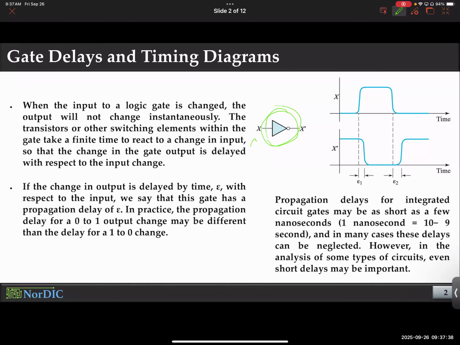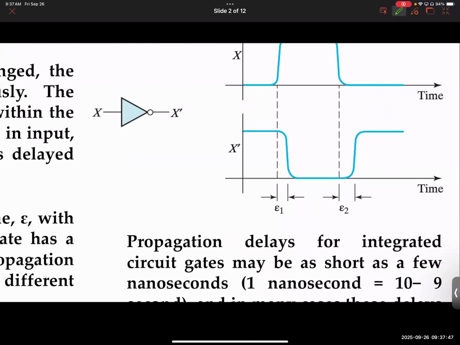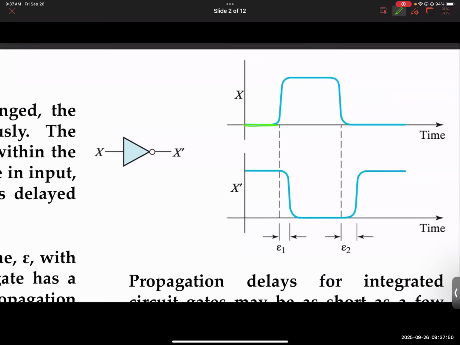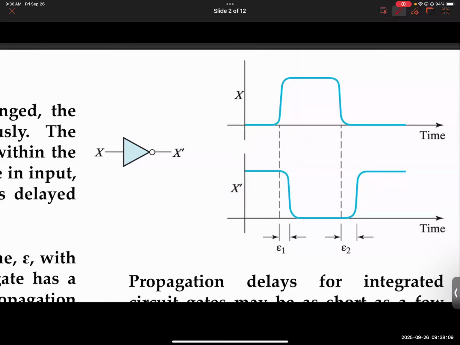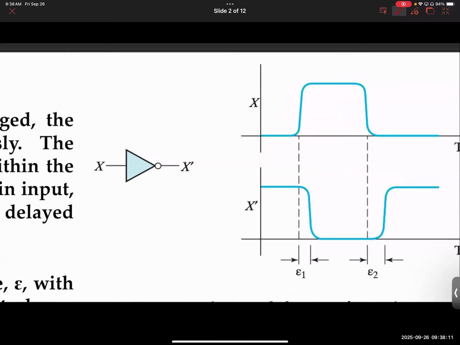You provide input 0, you expect an output 1 in terms of Boolean logic. You provide 1, you expect 0. However, practically, when you see the real life scenario, this is how it looks. Let's take a closer look at it. Imagine your input was 0 for a while. So your output is 1, basically inverted, x and x prime. Looks nice and meaningful. But when you change the input from 0 to 1, notice for a period of time, which I can further zoom into,